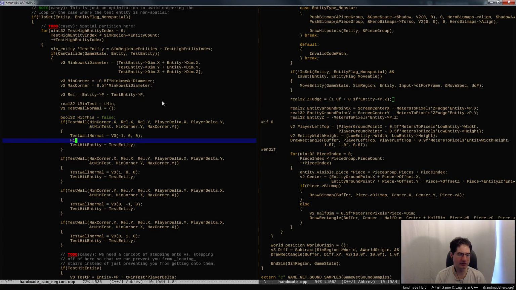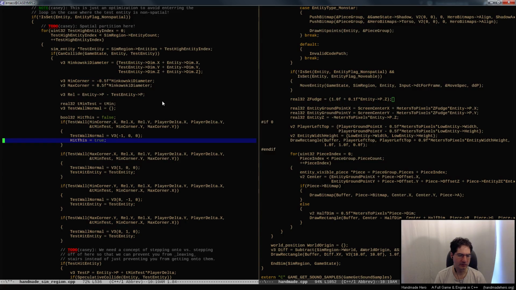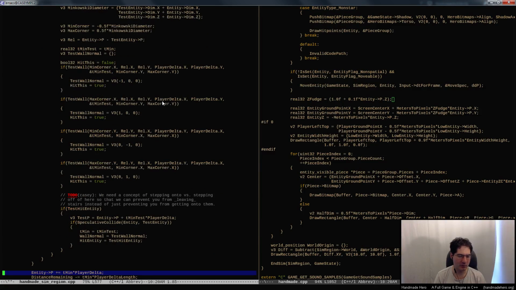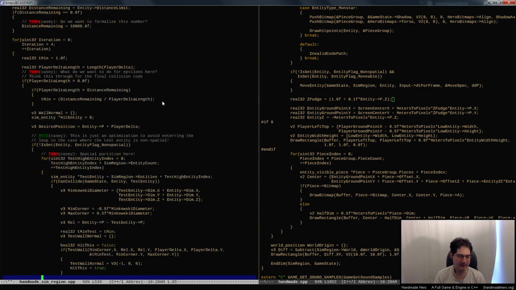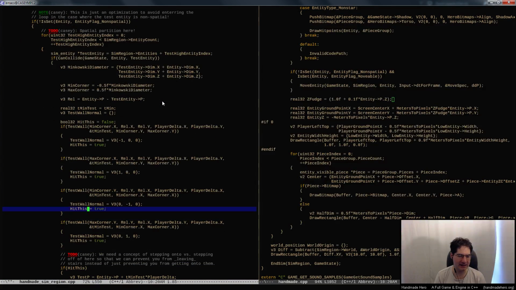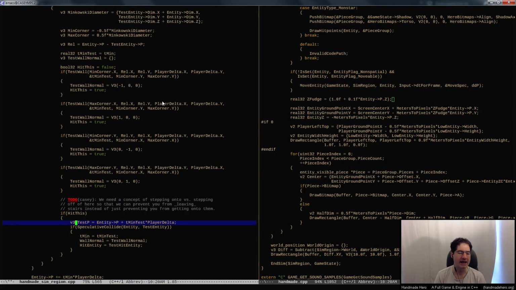And then in here, we would just say hit this equals true, right? We're just trying to see whether we hit the thing. And then we say, okay, if we did hit this thing, then before, what we were doing was just setting the entity that we hit, which is what tracks whether we hit something or not, setting hit entity. Before we were setting hit entity in here because it meant that we had a hit and we would process it. But now what we're doing is saying, okay, if we hit this guy, the test entity,